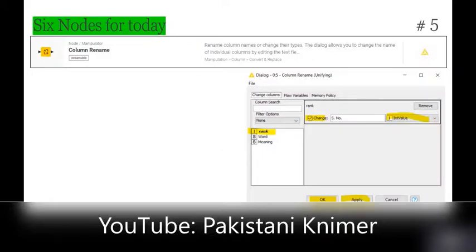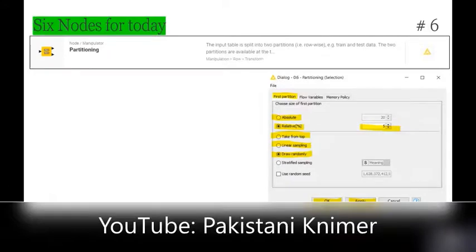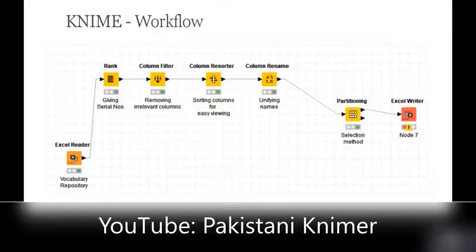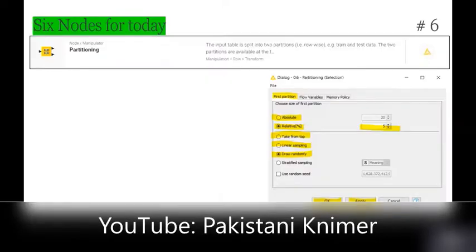Column rename is where we give the column which was previously named rank as serial number or S dot number. Then the last one is the partitioning. So the selection method, what we have used in selection. So you could see this. In this case, we have given 5% randomly, okay, and apply.